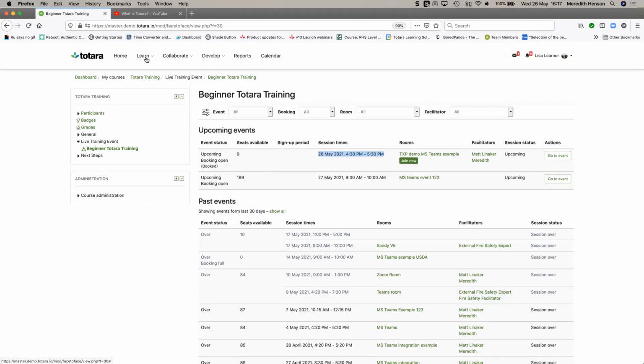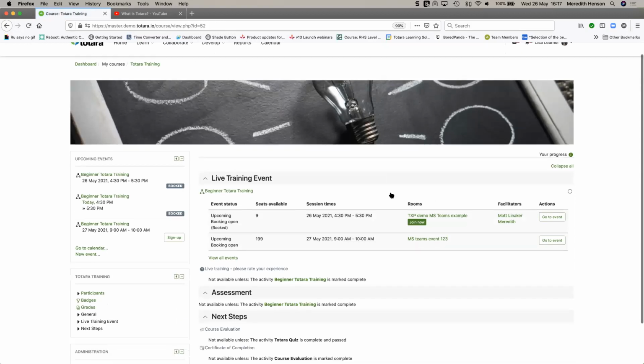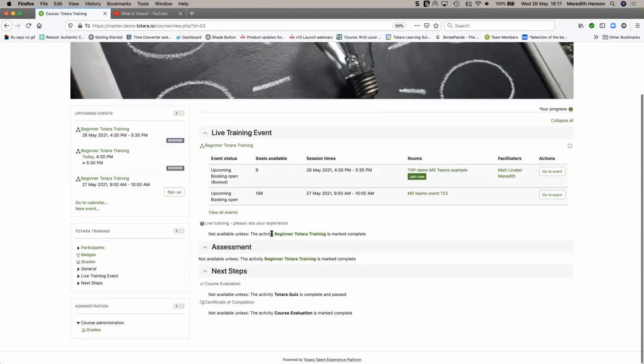Okay, so moving back to the homepage. So this is, actually no, that's a lie, the course homepage, there we go. Just a couple of things to note on this page. You'll see that I've got certain restrictions in terms of working through this course. And Totara will allow you to set activity completion tracking automatically or manually, as well as course completion automatically or manually, which means that you can guide users through a prescribed set of learning activities within the course, or you can create more of an adaptive and gamified course environment.